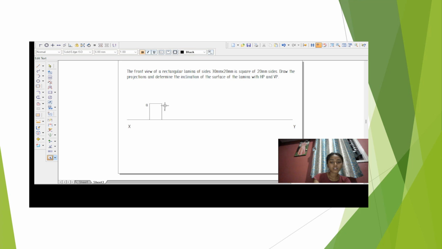This is D dash and this will be B dash and this is C dash. Now what you have to do is go to smart dimension, measure this line, this corner, which should be 30 mm and this should be 20 mm. Now let us solve the rest of the problem, which is